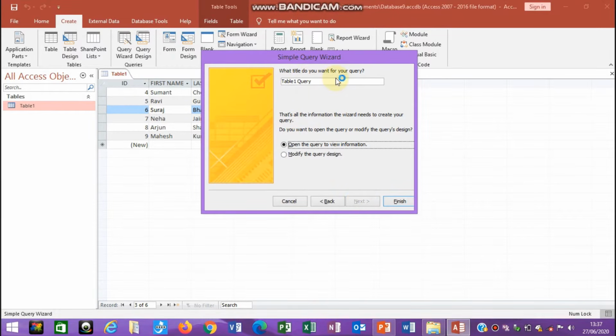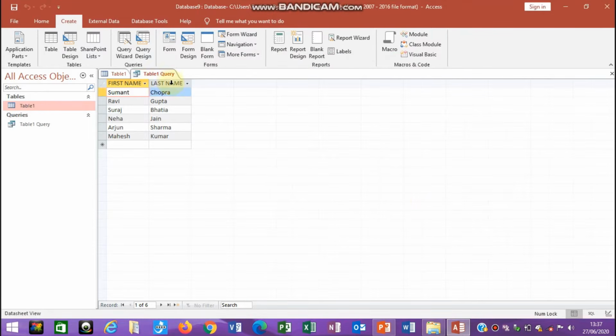Here everything is correct. If you want to change the title, you can change it here. I am not changing the title; let it be the default, Table1 Query, and then click Finish. After clicking Finish, you can see another table, Table1 Query, has been created with only the two fields I selected, First Name and Last Name.